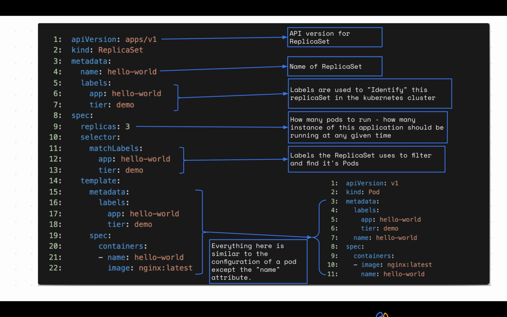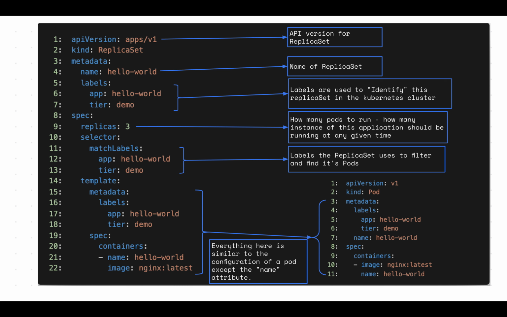Now, another interesting part is line 10 to line 13: the selector. The selector is very important in the sense that it is what the replica set uses to identify the pods that belong to it. Any pod that matches the label on line 11, app equals hello world, tier equals demo, belongs to this replica set. So this replica set manages it.